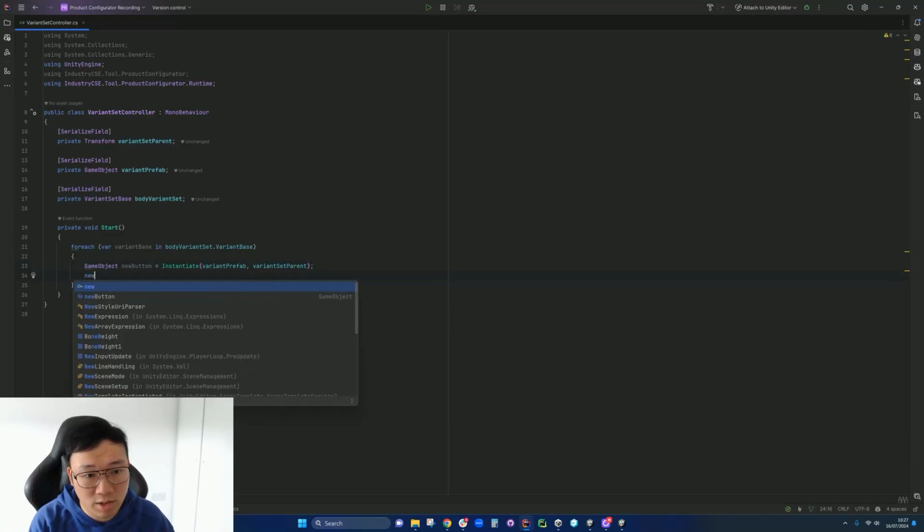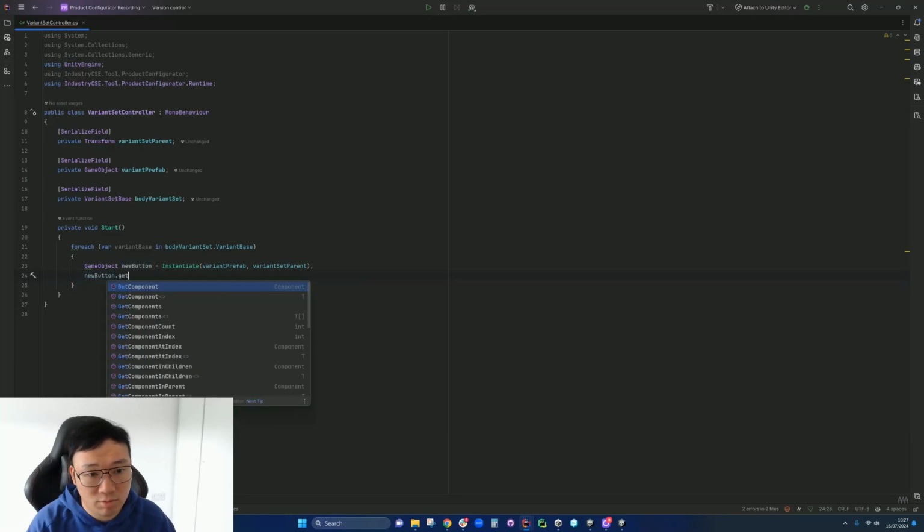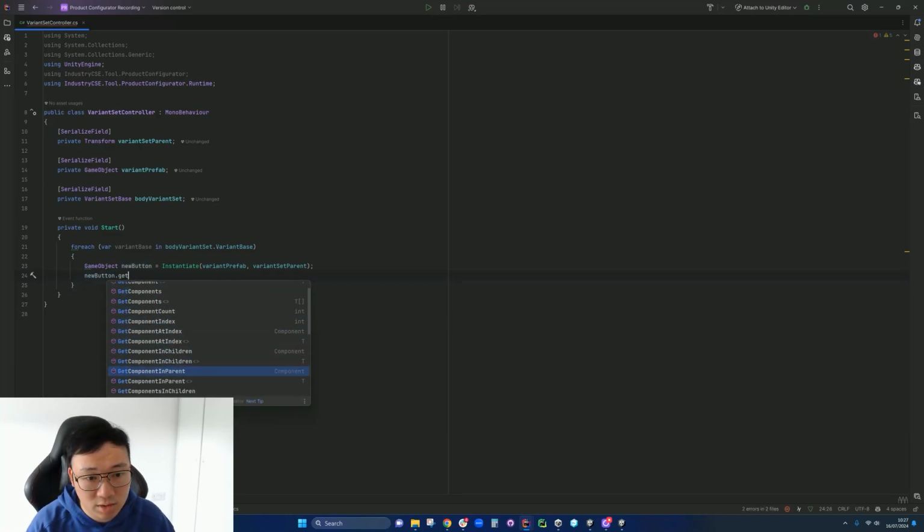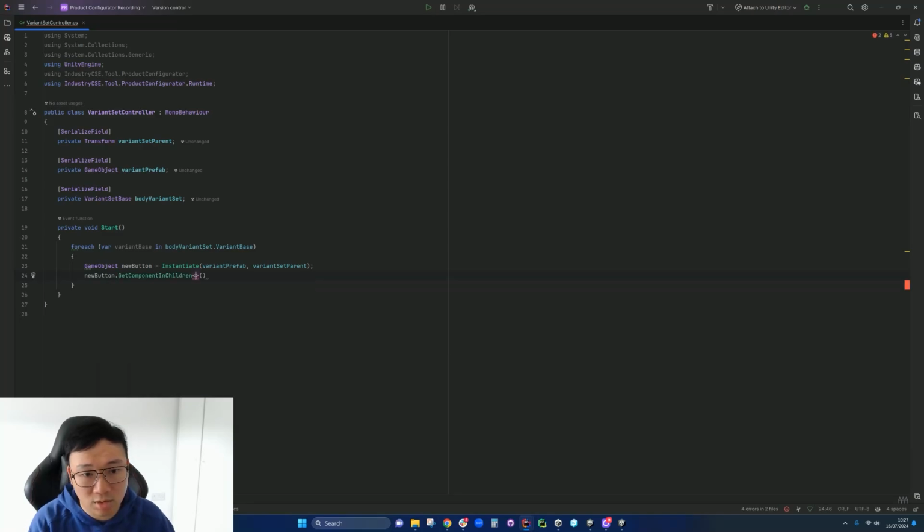Now we have this variant. Now we'll get the component in children. We're going to get the TextMeshPro GUI